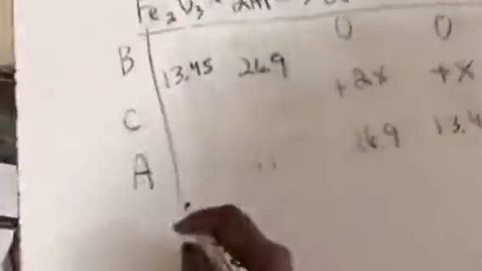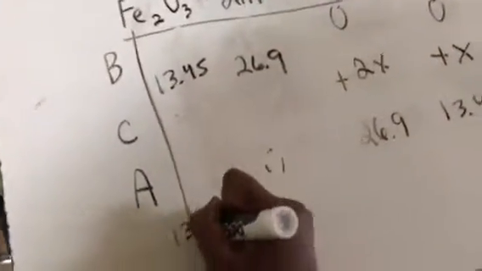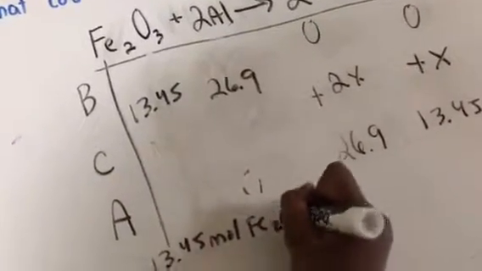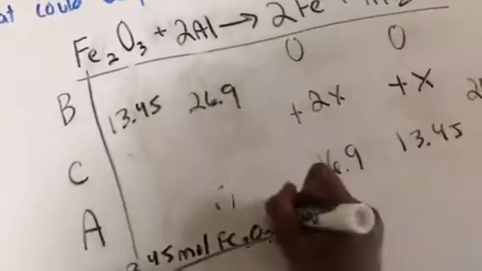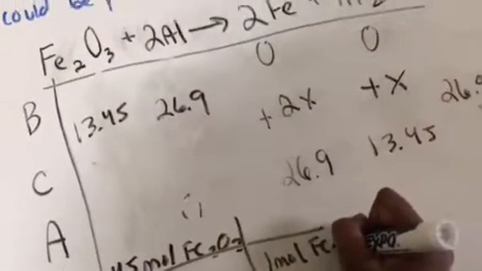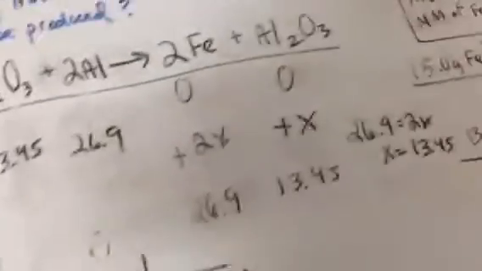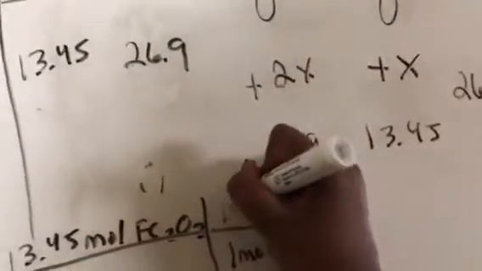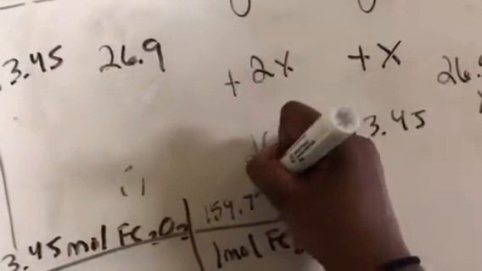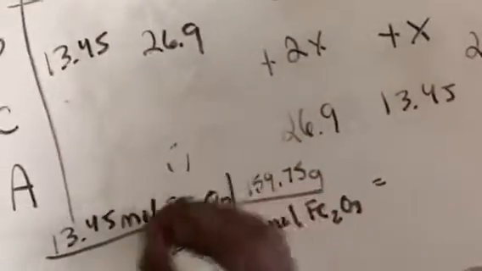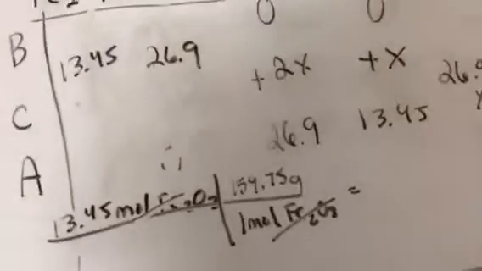So let's convert this into grams. 13.45 moles iron oxide. That's 1 mole iron oxide. And that has a molar mass of 159.75 grams per mole. Okay, that cancels out, and we get